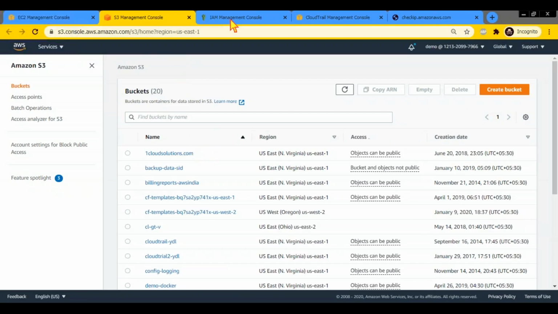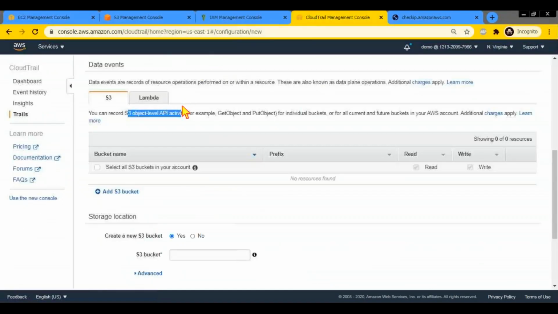If you want object level activity, that is who removed a particular object, by default those will not be tracked. What will be tracked is who tried to create a bucket, at the bucket level. If you want to track activity happening inside the bucket, who deleted an object, who put an object, you need to enable object level API activity by going to the data events.